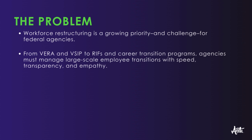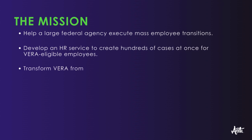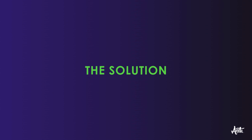empathy. One of our fantastic federal agencies recently approached the ANTI with an urgent mission to help them execute mass employee transitions in their ServiceNow application. The agency needed us to develop an HR service that could create hundreds of cases at once for VERA-eligible employees. We set out to help them transform VERA from a manual process to an automated workflow in just a 3-week timeline. Let's hear from Troy, Certified Technical Architect at the ANTI, as he walks us through the solution we built